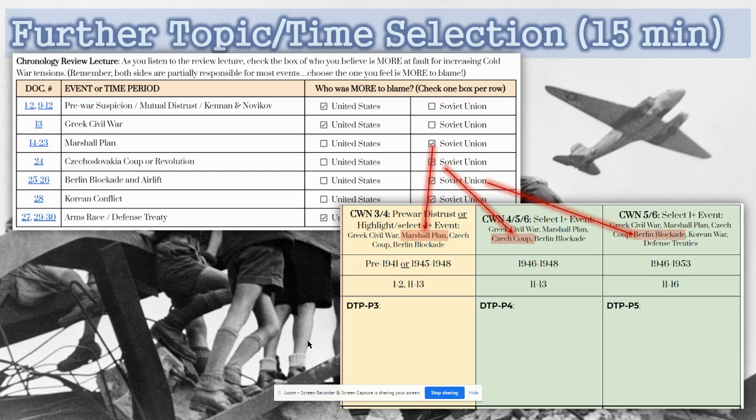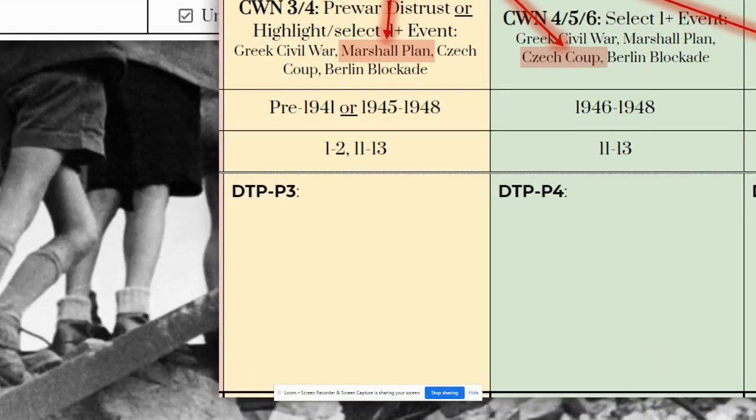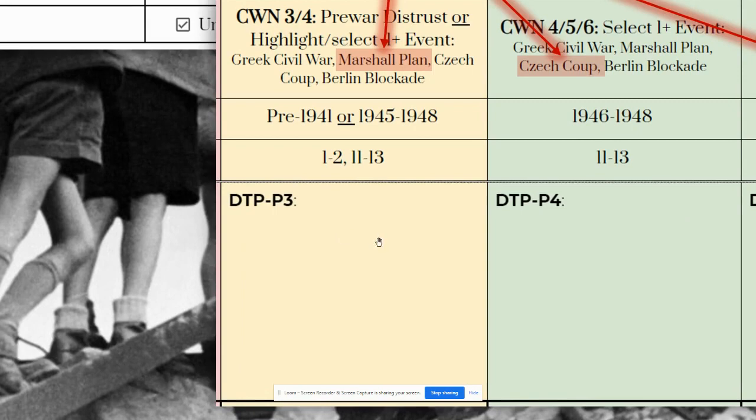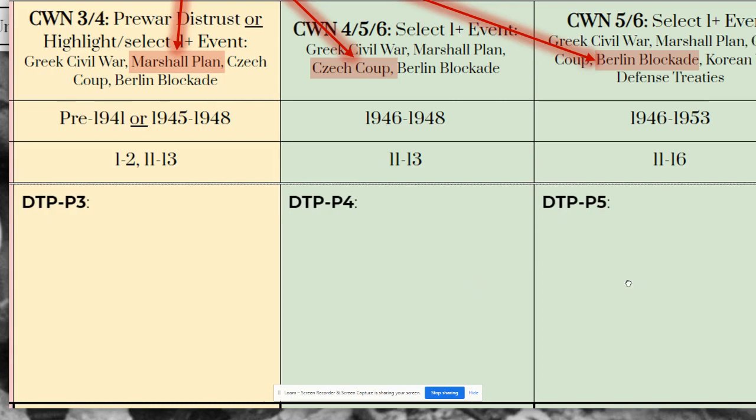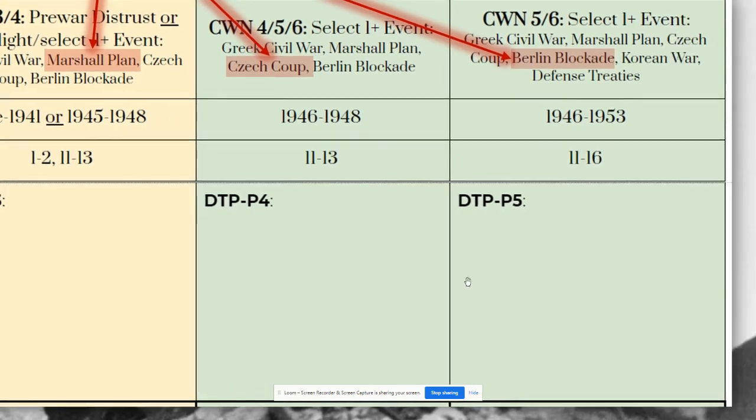You're going to take these 3 events, and in either one of these cases, now that you have these selected, whichever one they are, go back to your secondary source chronology, go ahead and look it up, and then write a sentence or 2 summary for each of these time periods. And each one of these will allow you to go ahead and provide the backdrop, the context for your document